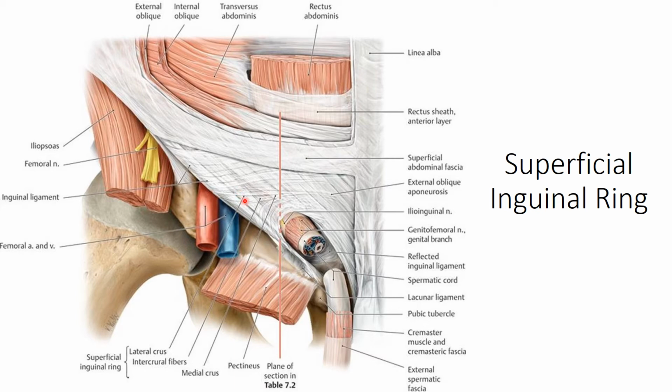So it has this lateral crus, which is reinforced by the inguinal ligament, and it is attached to the pubic tubercle, and this has a grooved portion which lodges the spermatic cord in case of male. And this medial crus is thinner and it is attached to the pubic symphysis, and it often interlaces with the counterpart of the opposite side.